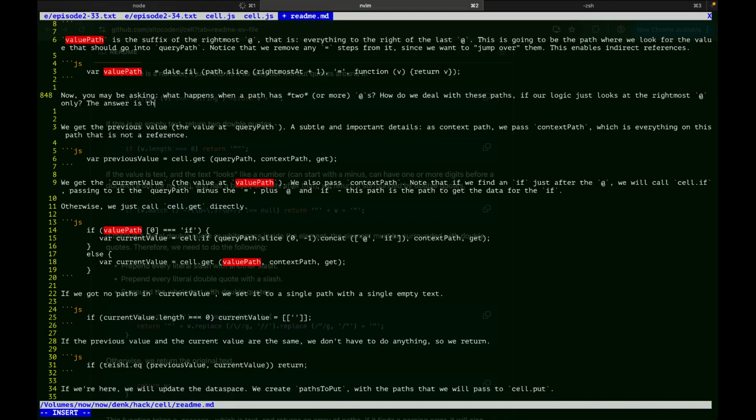The answer is the following. The rightmost add will get a new path on top of it that has an equal. So it is this path that will get its add